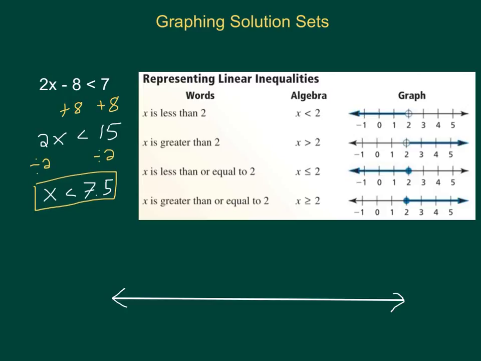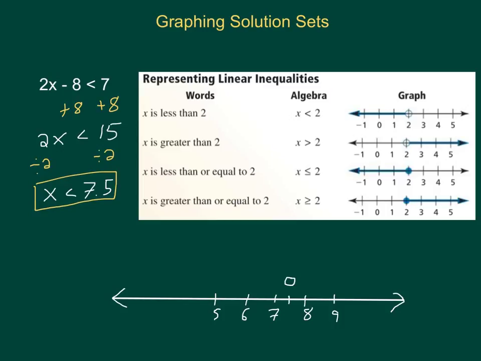What we do is we actually are going to just find 7.5 on the number line. So if you happen to have some other points, you've got 5, 6, 7, 8, 9, etc. You just have to locate where 7.5 is, which is in between the two. And we're going to put a particular type of circle at 7.5. Now, because it's a less than and not a less than or equal to, we're going to put an open circle. Because what we're saying is, I don't want to include 7.5 as an answer, but I want to get